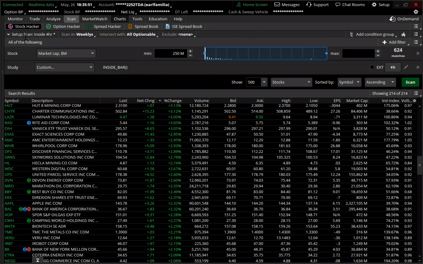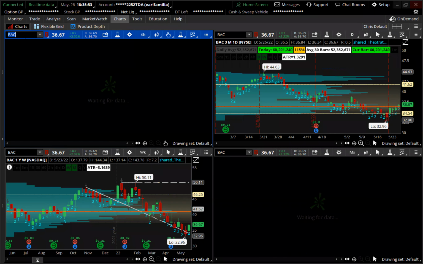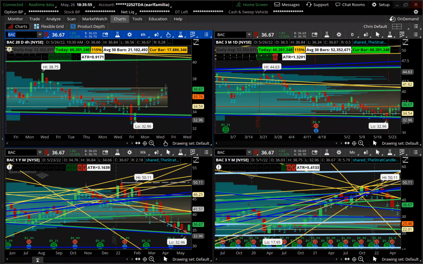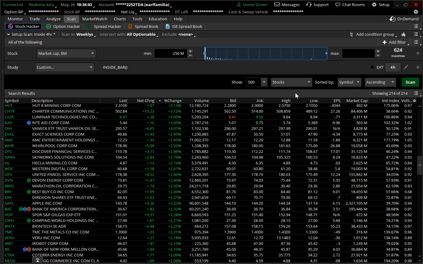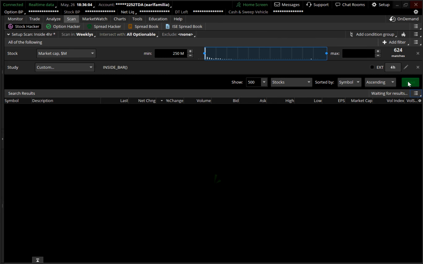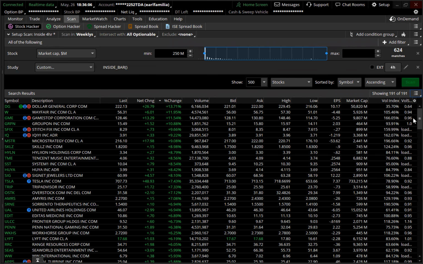BAC, XOP. BAC looks primed to go to continuation tomorrow. There ain't no setup on it though. I don't even know why it's on here. Okay.